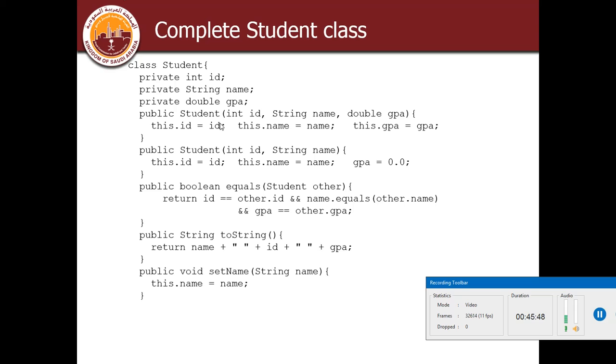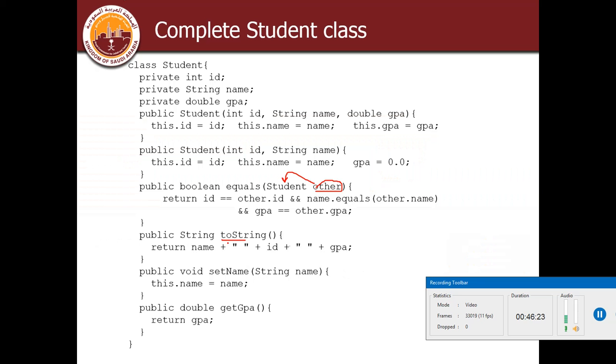Then we have created a Boolean method to test the equality of the two objects, and here we have passed the parameter other, and the type of this parameter is Student type. Here we are comparing the values of the variables. Then we have used the toString method and a set name. You can use set and get methods.